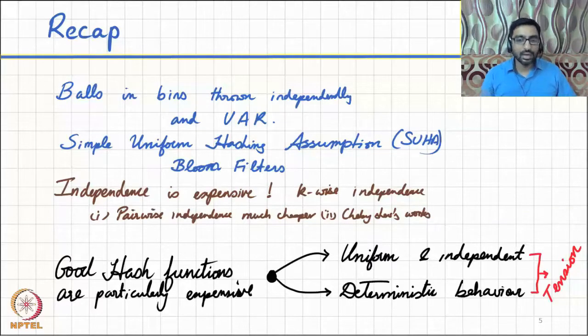But on the other hand, when you hash an item, it has to always hash in the exact same location. So that's a very deterministic requirement. Because when you hash an item to store it, and later on when you hash the item to search and retrieve it, they must be in the same location. Otherwise, it's not going to work. And so these two requirements, the randomness requirement versus the deterministic requirement, always brings about a bit of tension for us, something that we need to resolve.